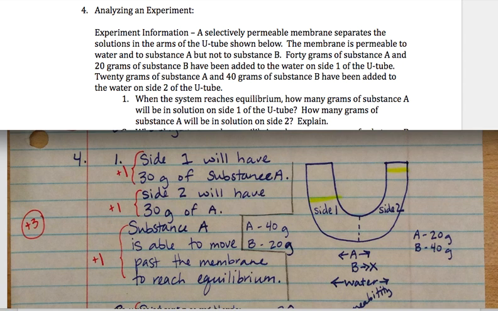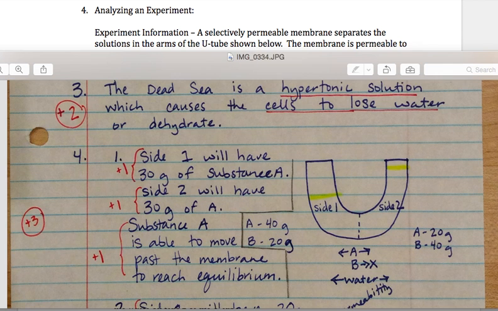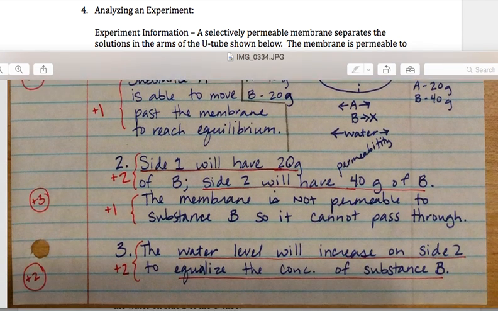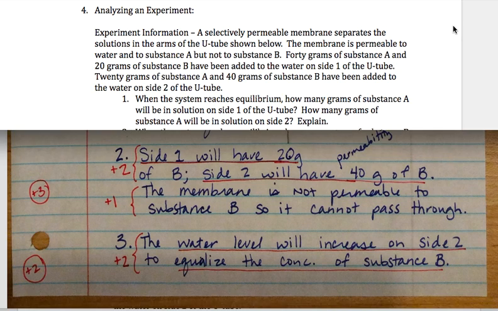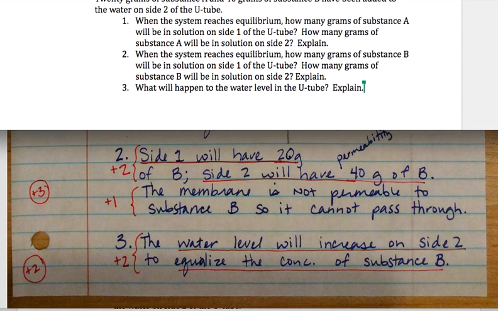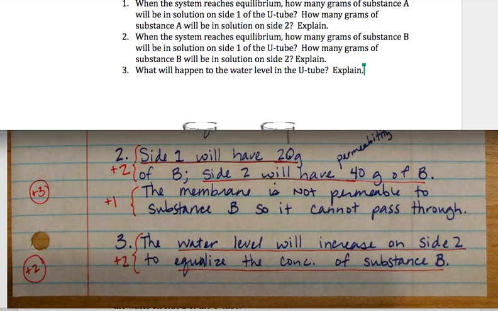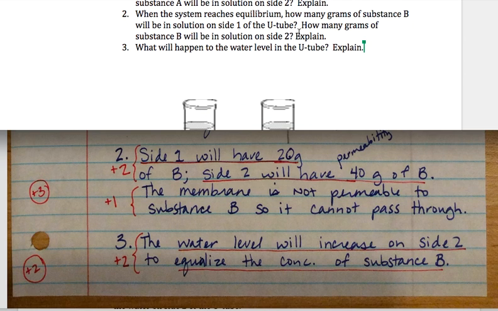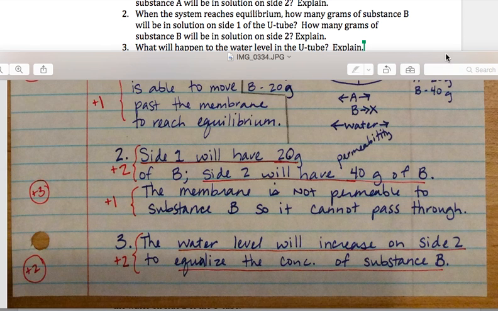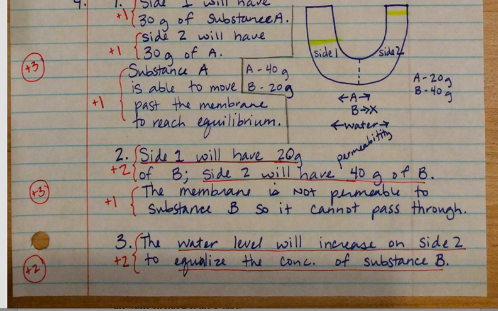Okay, that's that. Let's move it on down. So side 2. That's same for side 2. Okay, so when the system reaches equilibrium, how many grams of substance B, I'm going to move it up actually. How many grams of substance B will be in solution on side 1 of the U tube? How many grams of substance B will be in the solution of side 2? And explain. What will happen to the water level? And explain. So let's take a look here. I'm going to move this up so we can see everything together. Okay, so